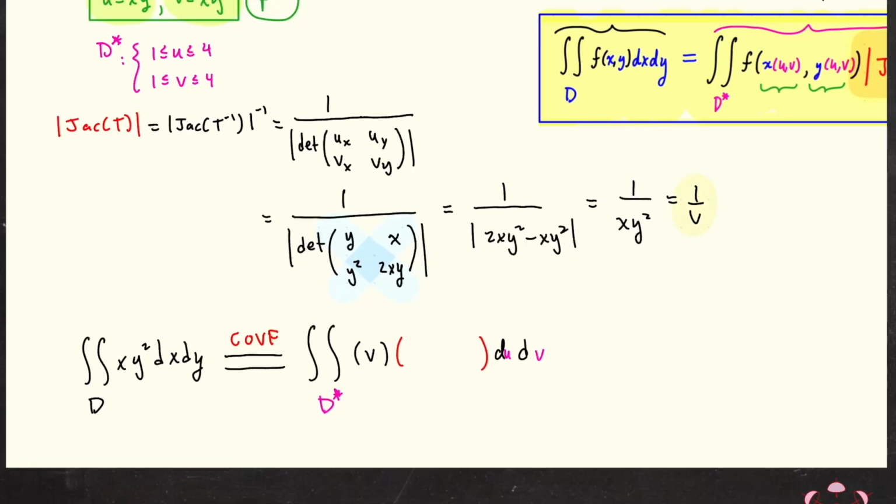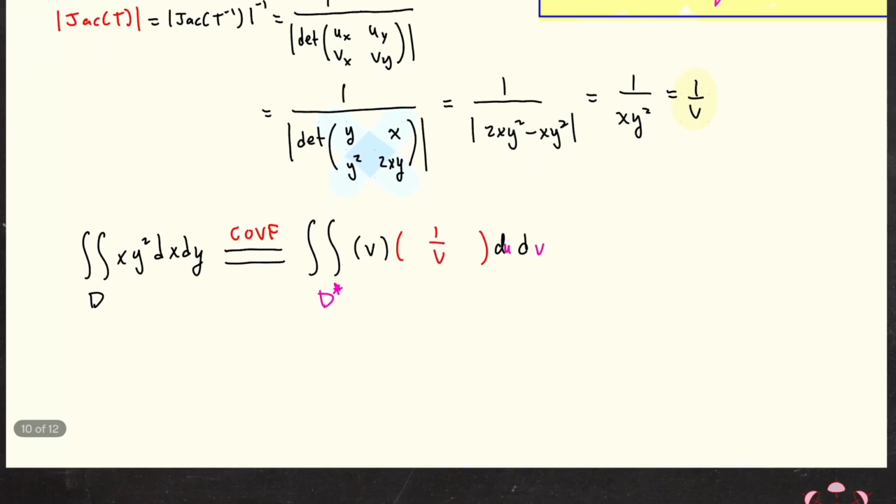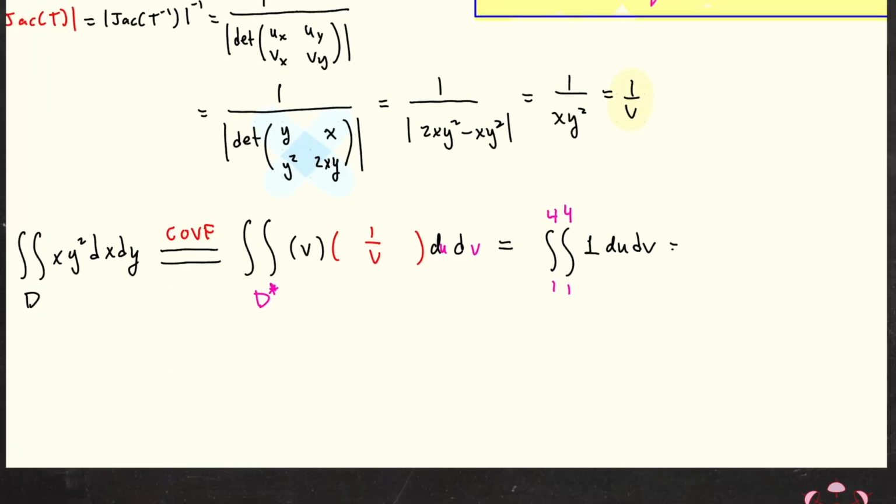So give myself lots of space, didn't need it. And oh my gosh, look at this. v times 1 over v. Life is good. Life has never been this good. Look at the integral that we get. We get the integral of just 1 times du dv, and the limits of integration are just 1 to 4. And I don't even need to integrate. In fact, when you've got the function 1, this is really just the area of D star, which is just 3 times 3,